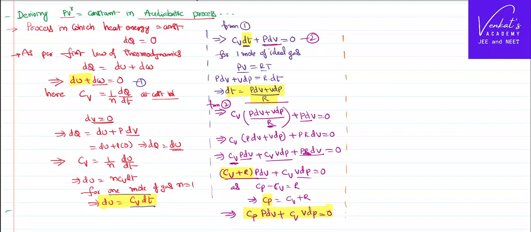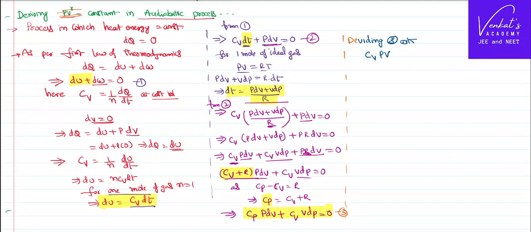See, I got an equation, an expression, a relation, but this is not the relation I want. I want it in some other format, in P and V power format. I need it in terms of P and V. So what I will do to get this in terms of P and V is, I will divide this entire equation number 3, dividing equation number 3 with